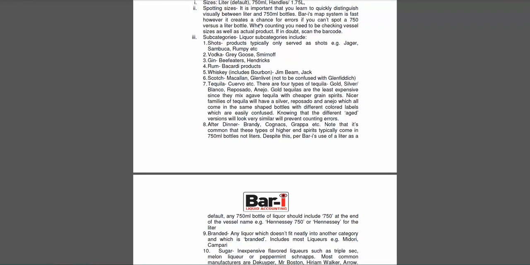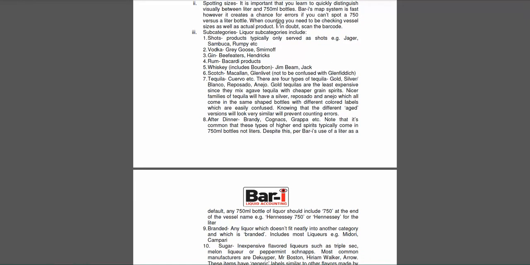Spotting sizes. So you're probably aware at this point that we have a mapping system with our software, meaning that we set up the bar one time, we scan all the barcodes, and then each time the software loads, it presumes items are in the same order as before. The one kind of maybe weakness of that system is it makes it very fast, but if we previously scanned a liter bottle and then they replaced it for whatever reason with a 750 milliliter bottle,